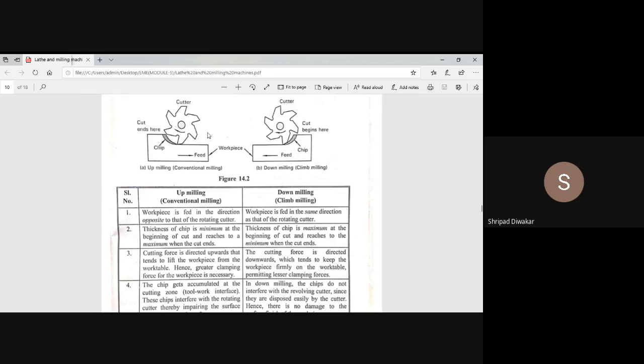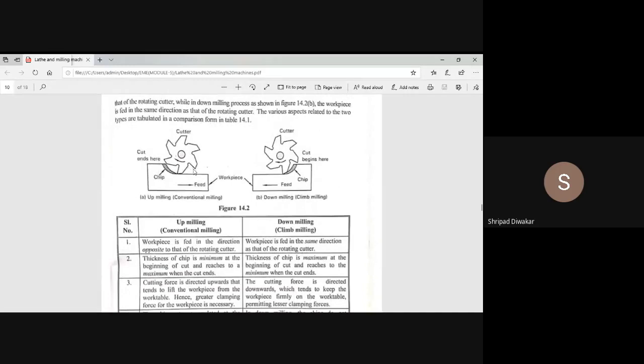And third one is large clamping force is required in case of up milling. So a small amount of clamping force is required in case of down milling. Okay. And then the fourth difference is that because the chip gets accumulated, it is very difficult for the chip to escape in case of up milling, so whatever surface we get is rough in nature. Here the chip escapes very smoothly, hence the surface finish is good. Okay. And then fifth one is that it is very difficult for efficient circulation of coolant or lubricant in case of up milling.